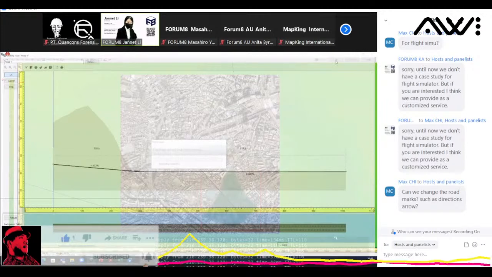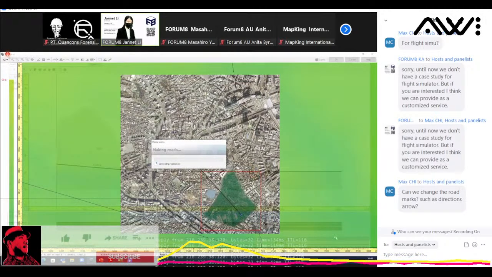Now we can press OK and take a look at the road that we generated. So this is the road, and you can see the gray area representing the terrain is matching that green